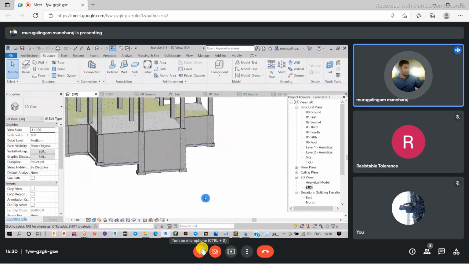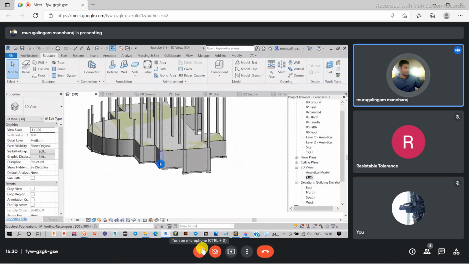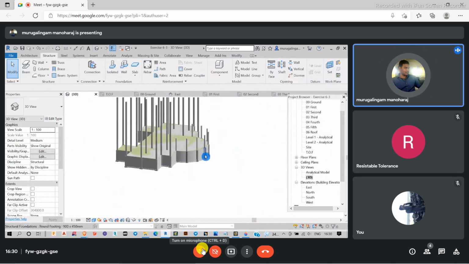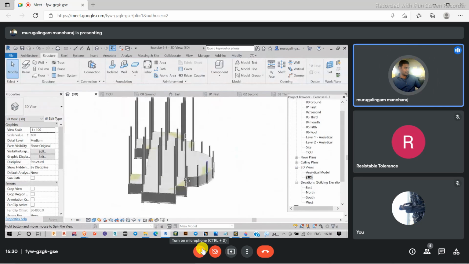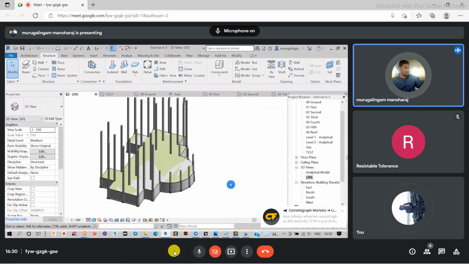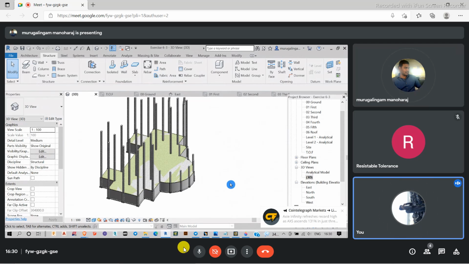Because if I want to edit in 2D, you can either go to the elevation or create a subsection to adjust this portion. So we have completed the foundation stage of this portion. After this, do you have any doubts or anything you want to recreate again? As I have to rebar it, I'm just creating the structural element alone. No, sir. Got it.